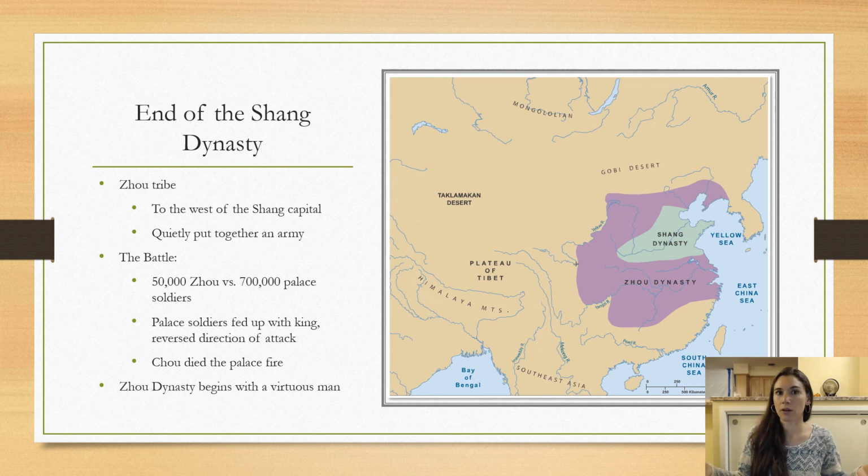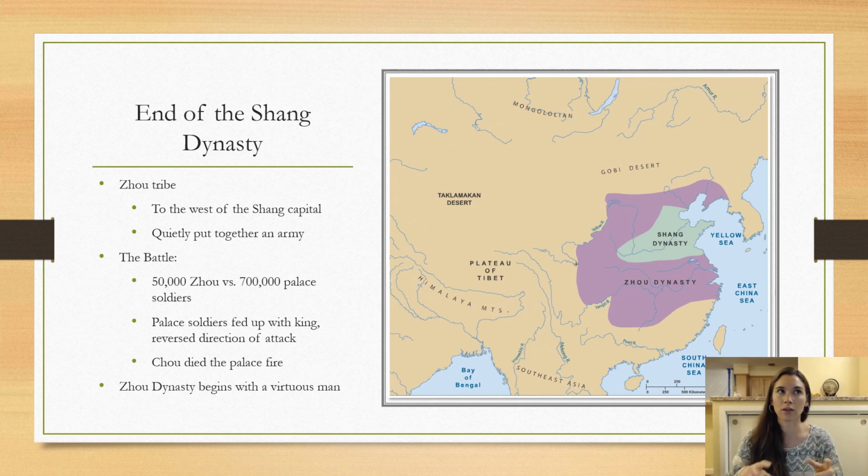Now, after he puts together an army, there's a battle between the 50,000 Zhao and the 700,000 palace soldiers. You see those numbers and you're like, of course the palace wins. However, when the palace soldiers meet with the Zhao soldiers, they're so fed up with the king that they reverse and attack their own army. They attack the palace, set on fire. Chao dies in that palace fire, and the Zhao dynasty begins with a virtuous man,